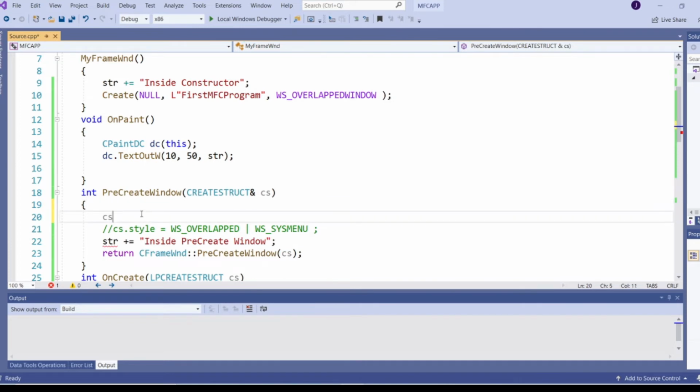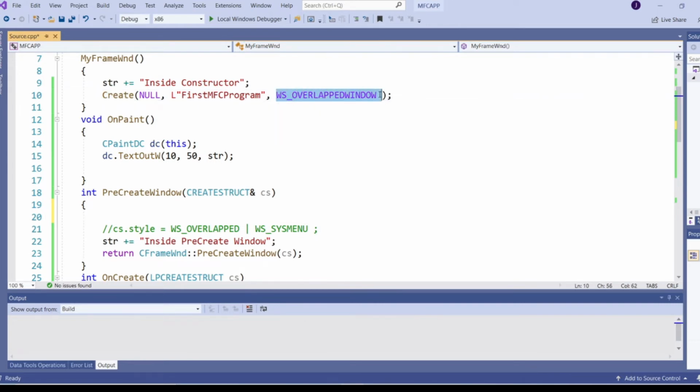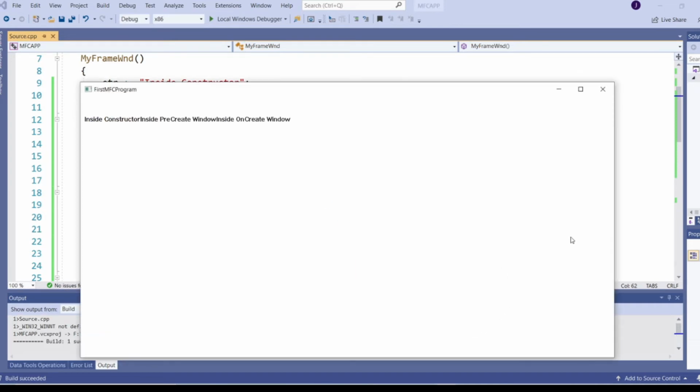For now, in create, the third parameter is the style of the window. Here I have specified WS_OVERLAPPEDWINDOW. If I run the application, you see my window has a minimize button, maximize button, and close button, and there's some icon in the top left corner.